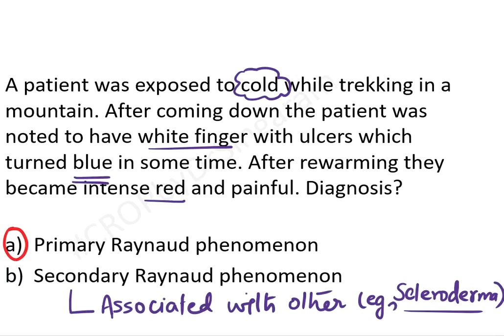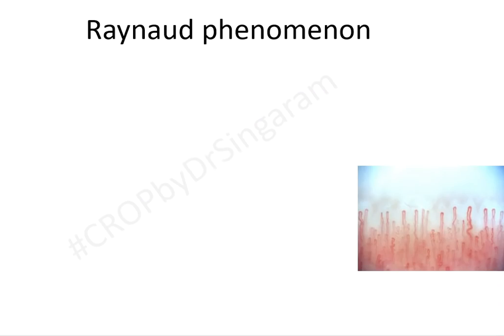What is even more important as medical students is to know the findings which occur in Raynaud's phenomenon. Raynaud phenomenon is basically a condition of abnormality or sensitivity of the vessel to stimulus. Initially the vessel will go into vasospasm, so there will be decreased blood supply that results in whiteness of the fingers. After whiteness, because of prolonged decreased blood supply, there would be a bluish color, which is due to deoxygenated blood.